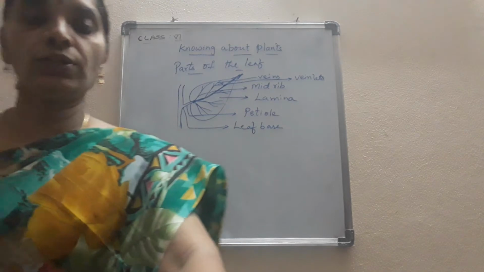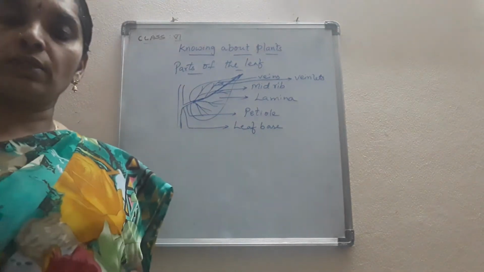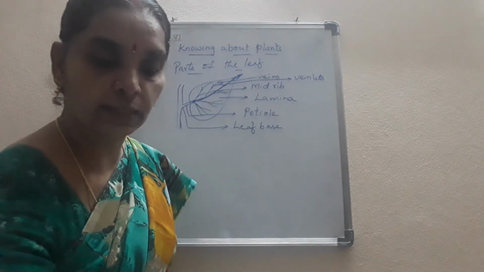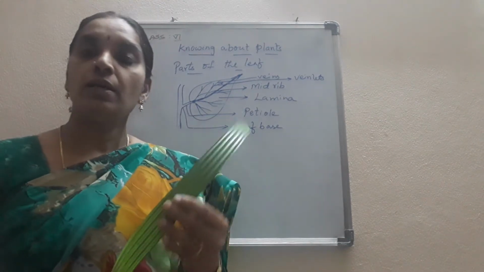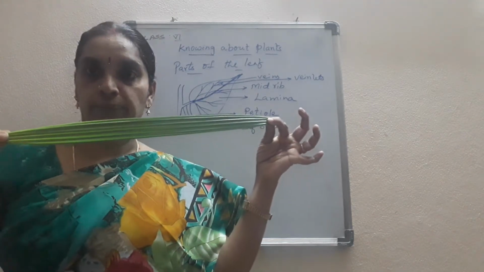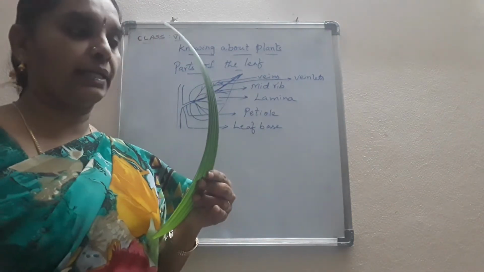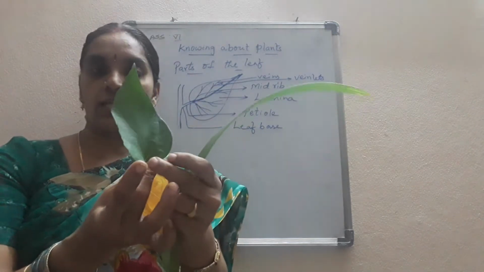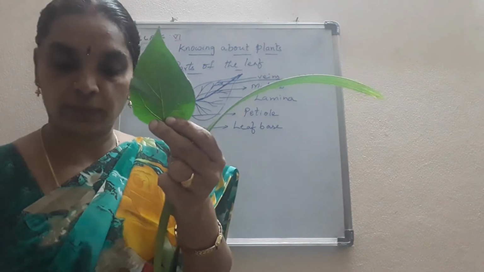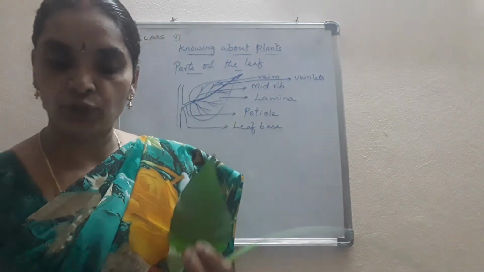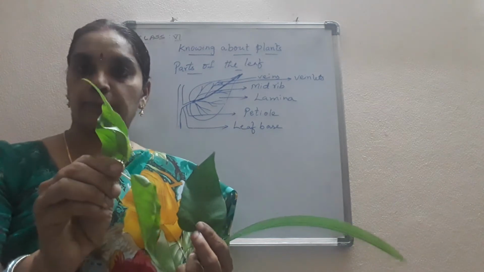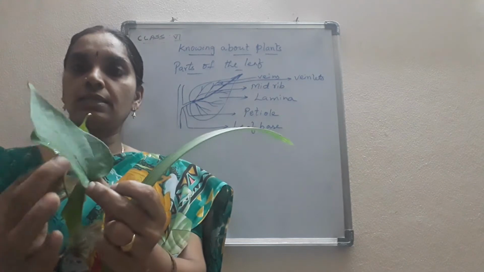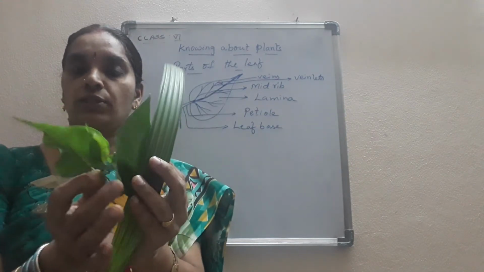Now I am going to show some of the leaves to you so that you can understand the variations in different leaves. Already you have seen some of them. Again I am showing you. So this is the leaf of tadi. You might have seen it in your surroundings. This is the leaf of Parijatam, night flowering jasmine. And the other leaf I am showing now is of peepal. Is it clear? This also you might have seen.